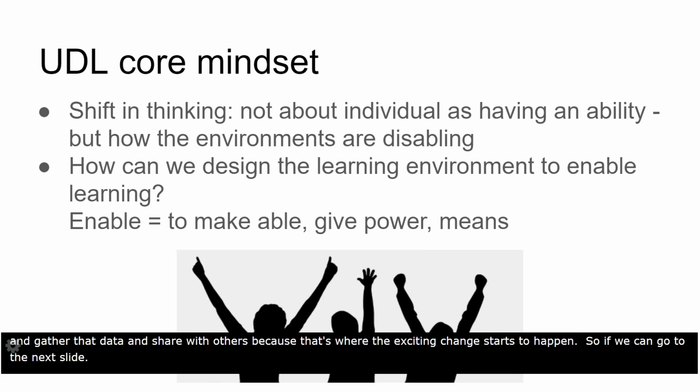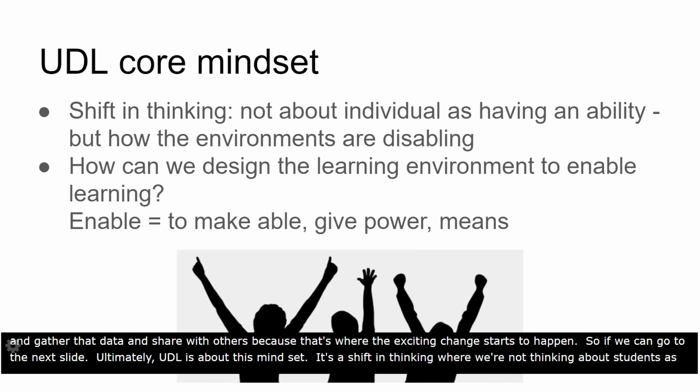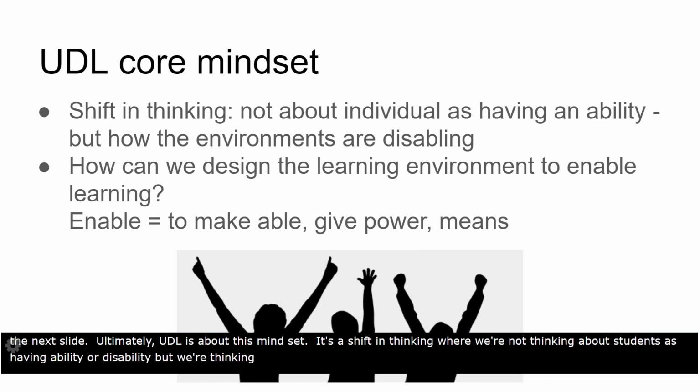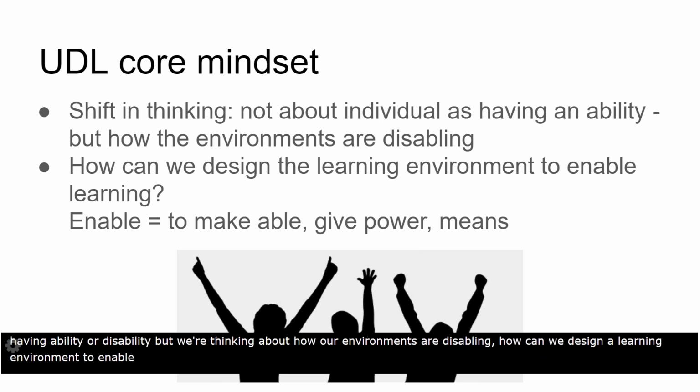It's a shift in thinking where we're not thinking about students as having ability or disability, but we're thinking about how our environments are disabling. How can we design the learning environment to enable learning? And again, those UDL guidelines, it's just a tool, it's a roadmap to help us think about how we can